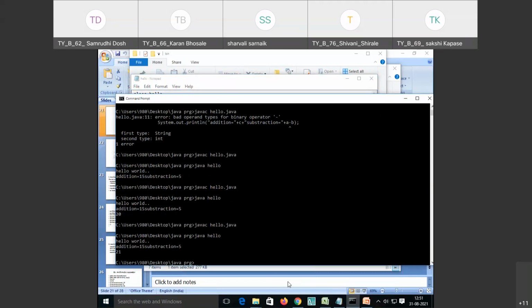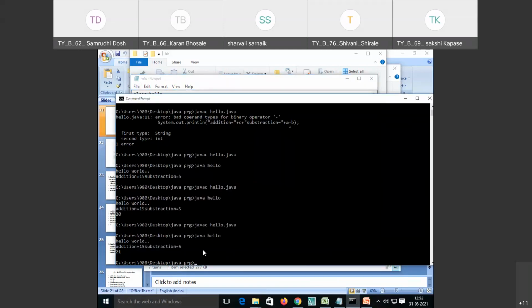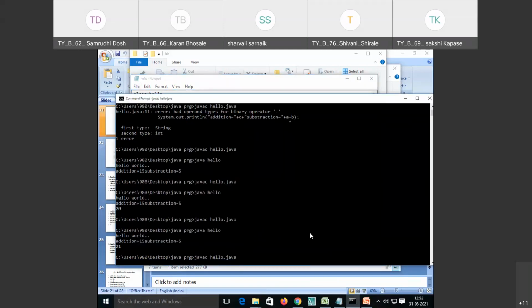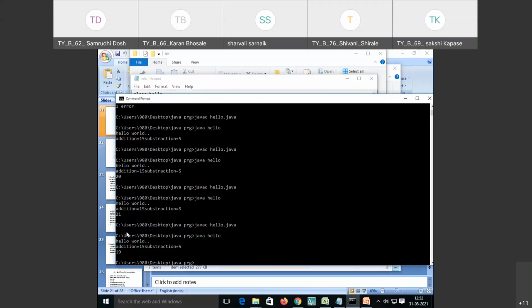If you want to decrement it, just write minus minus. So if I'm writing minus minus here, then it is 19. So if I increment, it is 21. If I decrement, it is 19. So these are the simple unary operations.